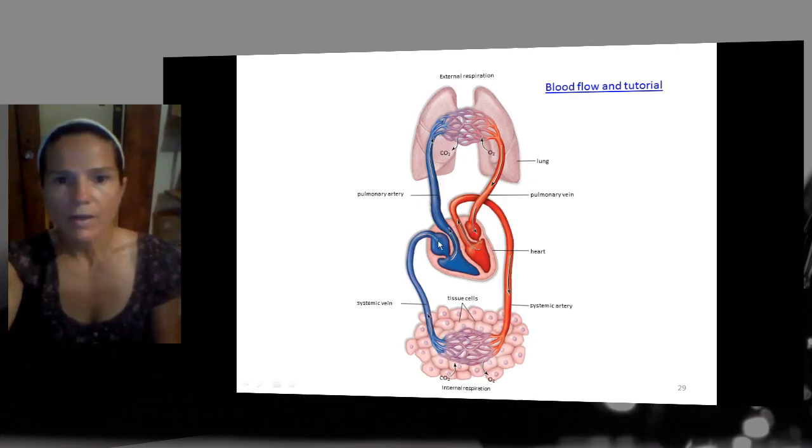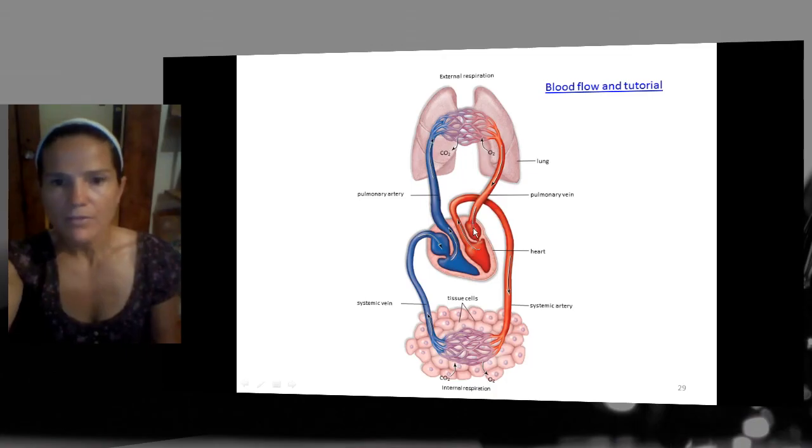You're going to go into the RA, the right atria, into the right ventricle. If you're going away from the heart, it's an artery. Going to the lung, pulmonary. Pulmonary artery, lung, diffusion of gases, CO2 out, O2 in, back to the heart through a vein, came from the lung, so it's the pulmonary vein,